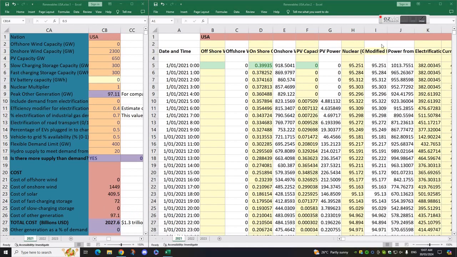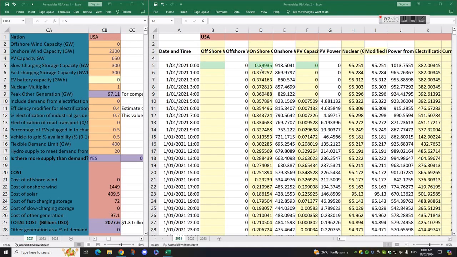I recently developed an Excel spreadsheet that allows the user to model what a 100% renewable energy supply would look like on grids such as the USA or Germany. This presentation is going to be in a few different parts, so there's going to be part 2 and maybe part 3 following this first video. In this first video, I'm just going to do an overview of the model,